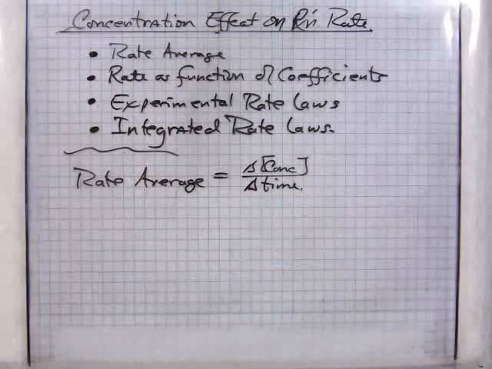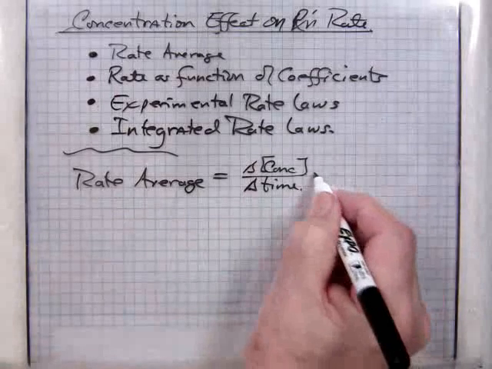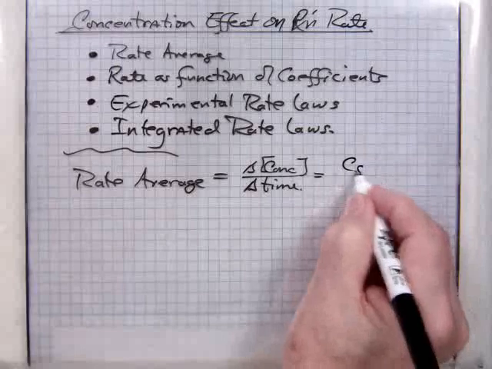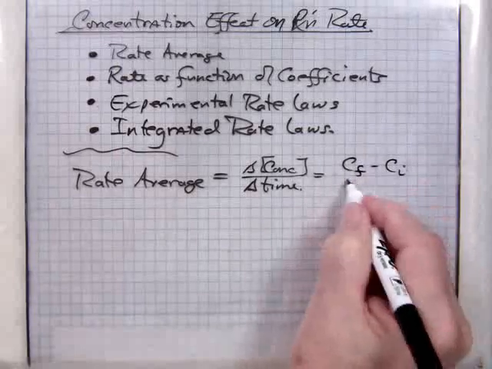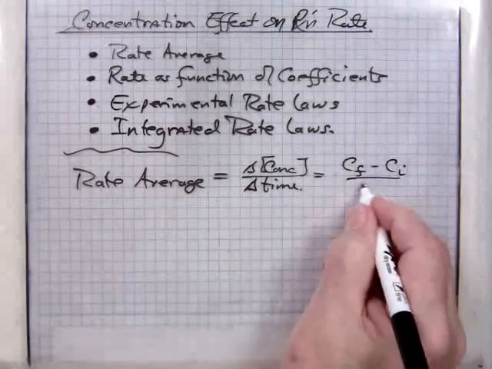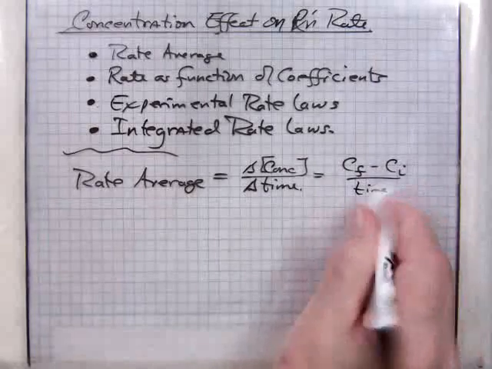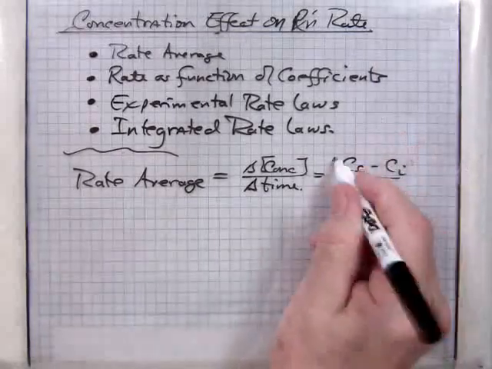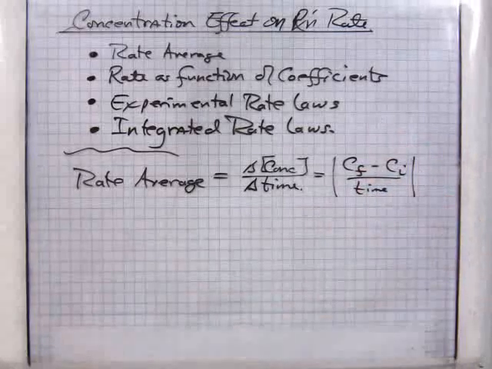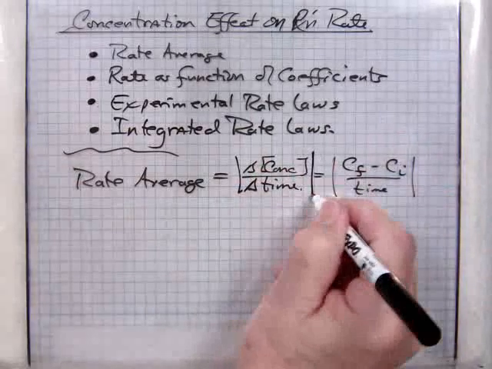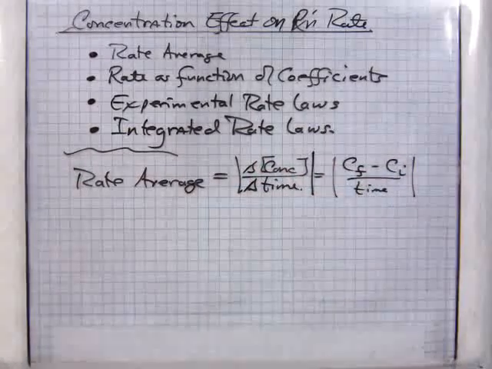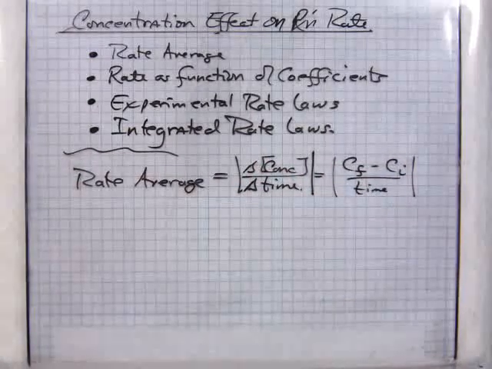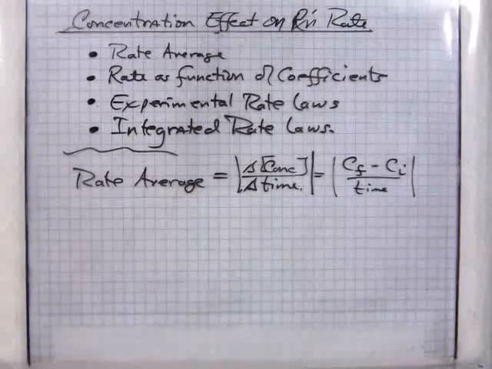So it's just really straightforward: you have concentration final minus concentration initial over change in time, and it is represented typically in terms of an absolute value. So we can put the 2 bars on either side of the expression like that,